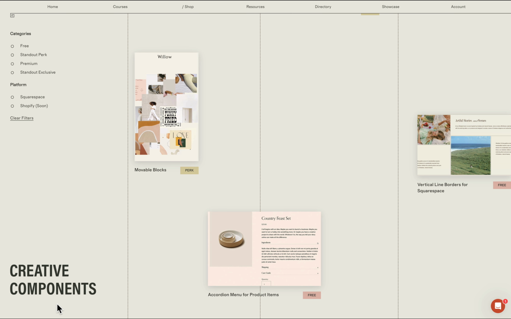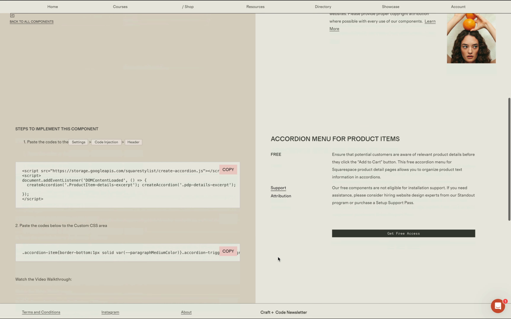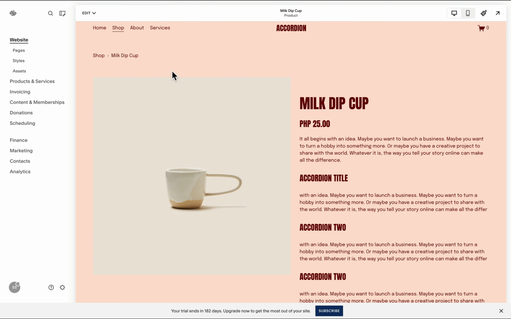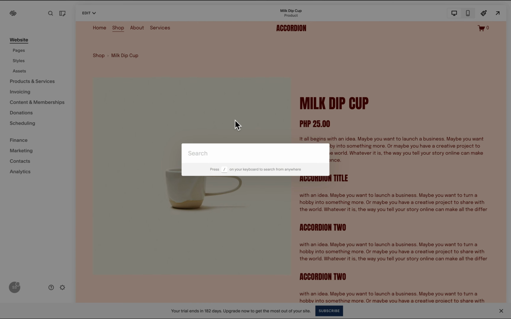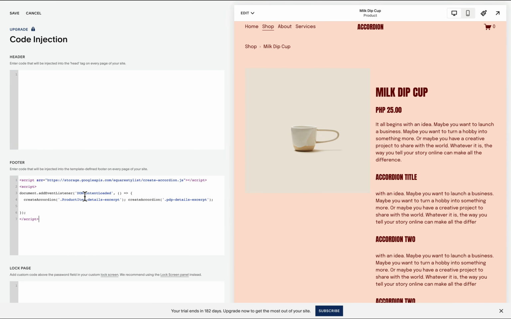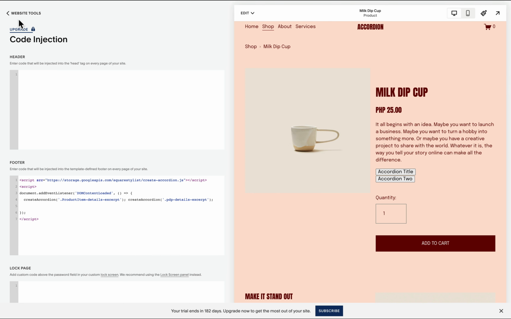I shared a link below that will lead you to our Creative Components page, and one of our free components is the accordion menu product items, and all we need to do is copy these codes. So I'll copy this one, and we need to add this to the injection area. To access it, click this search icon and start searching for injection. We paste this code to the footer area,